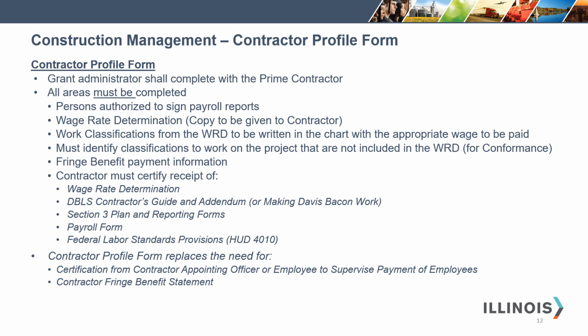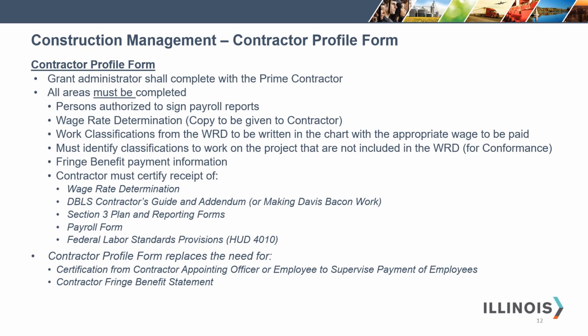This is the precursor to let the contractor know that a conformance must be requested. The fringe benefit payment information. The contractor must also certify receipt of the wage rate determination, the Davis-Bacon Labor Standards Contractor's Guide and Addendum, or Making Davis-Bacon Work, the Section 3 plan and reporting forms, the payroll form, and the Federal Labor Standards Provisions, HUD